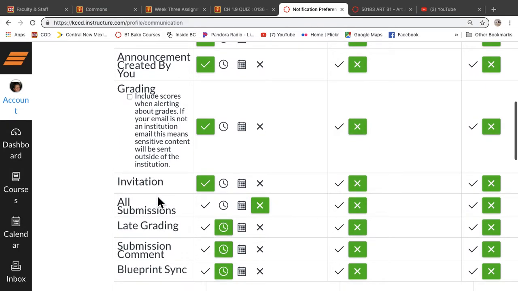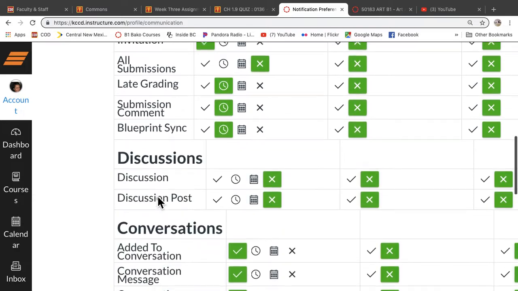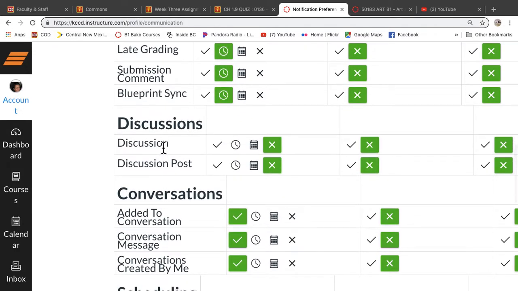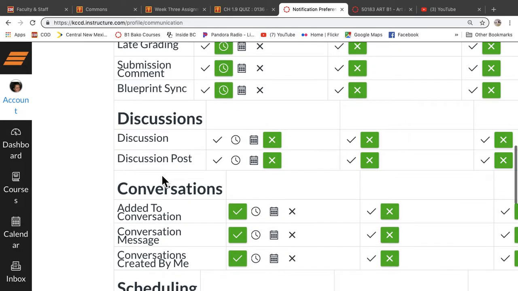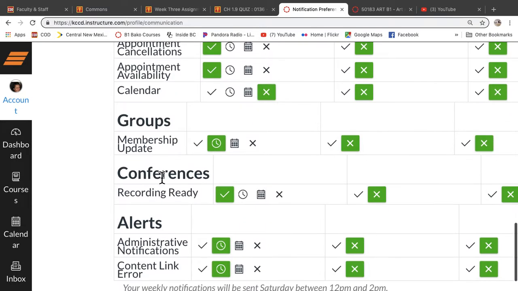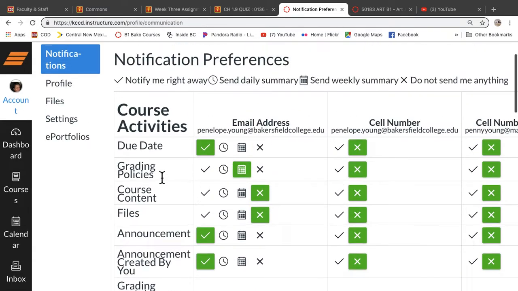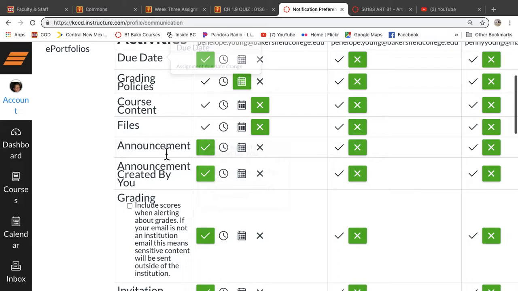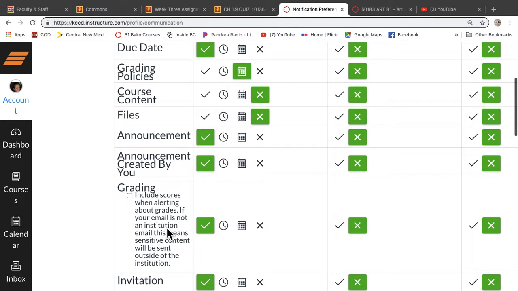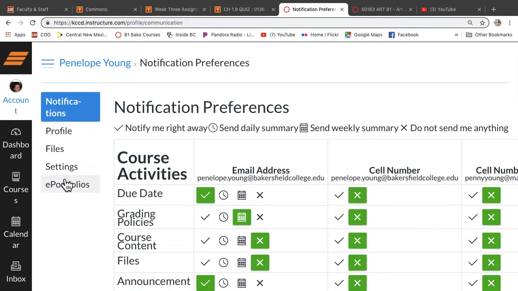And I do leave a lot of comments at the beginning. Discussions is another one that's nice to have. You don't have to have that. And that's really all you have to have. Anything else, that's your choice. But due date, announcements, and grading would be a strong idea, setting these preferences here. And Canvas will show you how to do it. And there's also a short blurb on that too, a page that I provide.